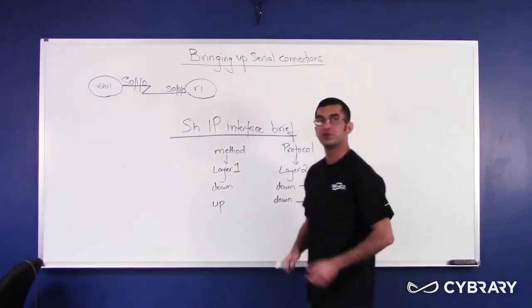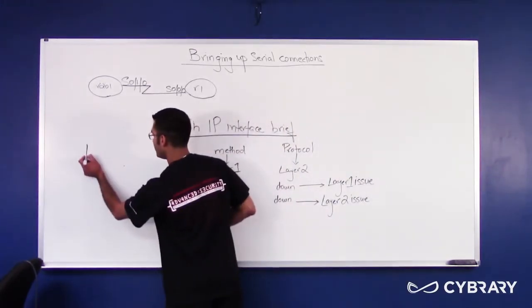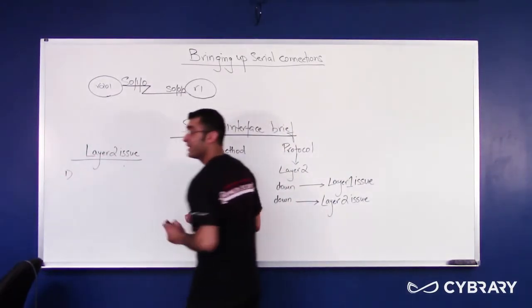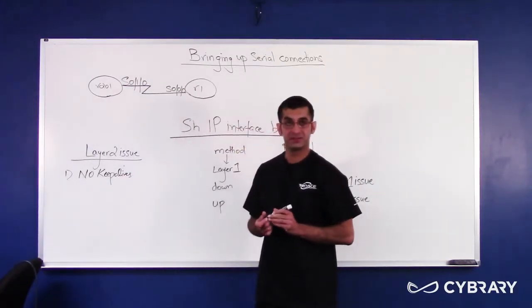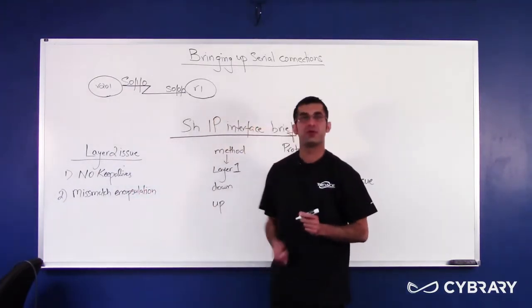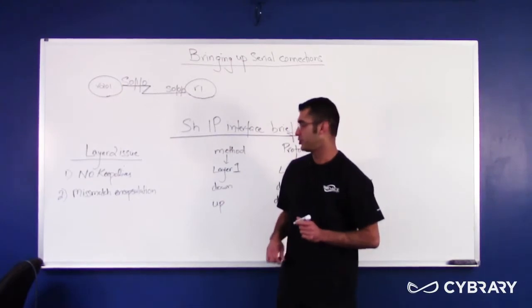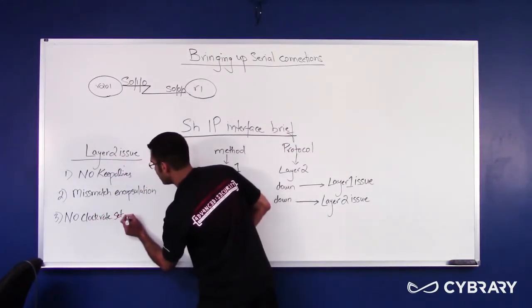Now with layer 2 issues, there could be one of three things wrong. You could be missing keepalives, so no keepalives are being sent. The second issue could be mismatched encapsulation, and I will explain this further when we get to our lab. And the third issue could be no clock rate set on the